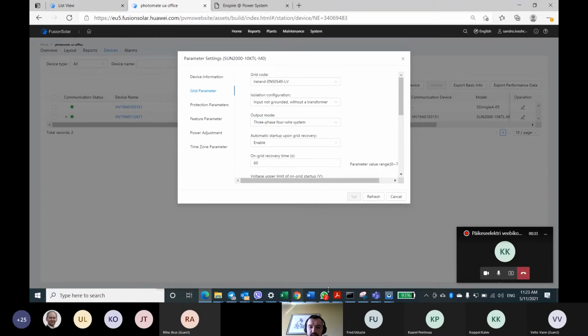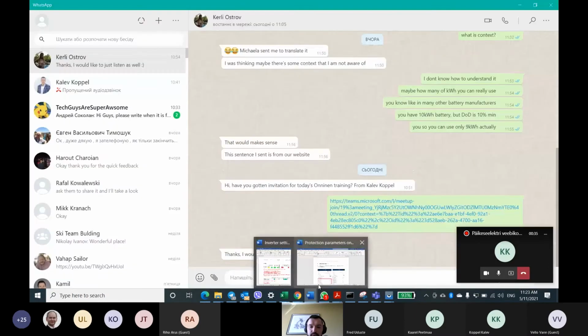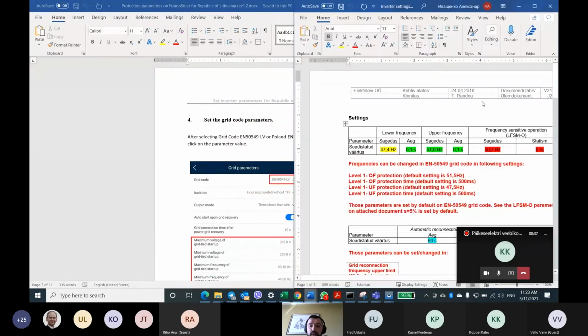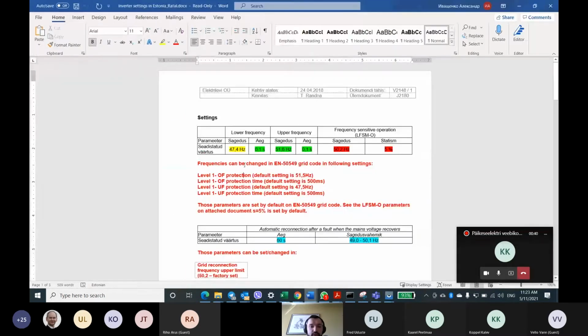So here are the parameters of the Estonian grid. So first of all, what you need to set is the lower frequency threshold. So it should be 47.4 Hertz.